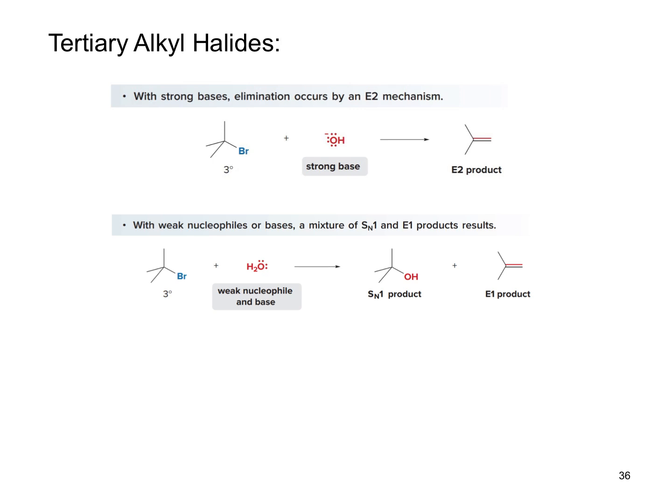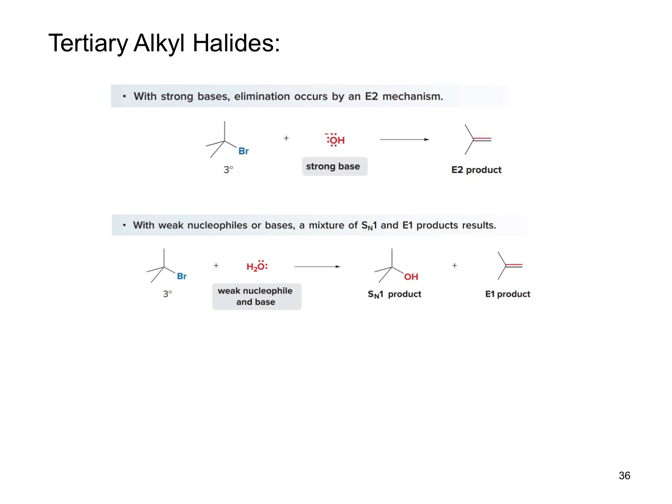When you have a tertiary alkyl halide with a strong base, right, elimination occurs by an E2 mechanism, okay? With a weak nucleophile, you get a mixture of SN1 and E1 products. So if you have a tertiary alkyl halide here, and you have a strong base, you're going to get an E2. If you have a tertiary alkyl halide and you have a weak base, you are going to get a mixture